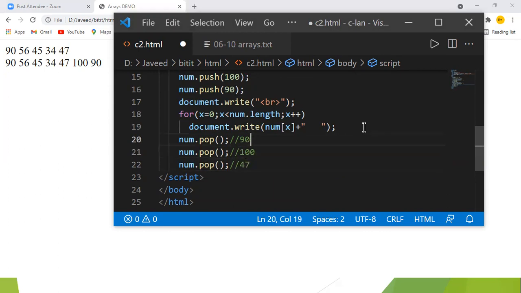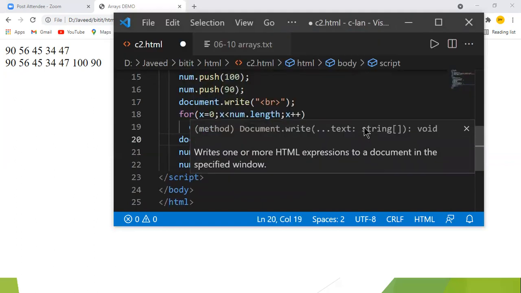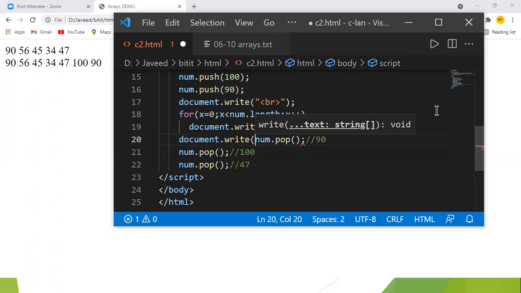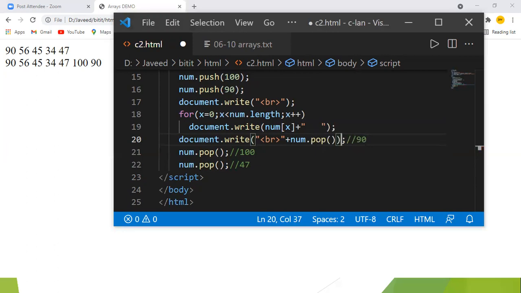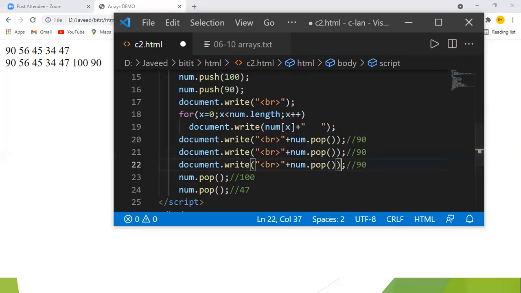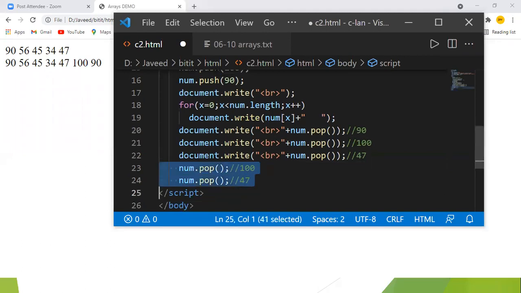If I want to print the value which is being popped off, you can use document dot write, and it will tell me the value that is popped off. The first pop-off is 90, the second is 100, the third is 47.